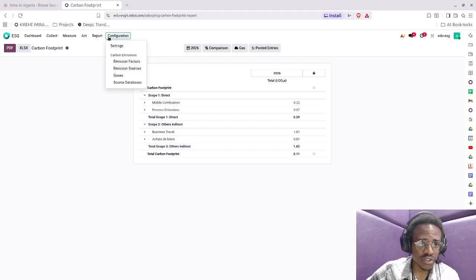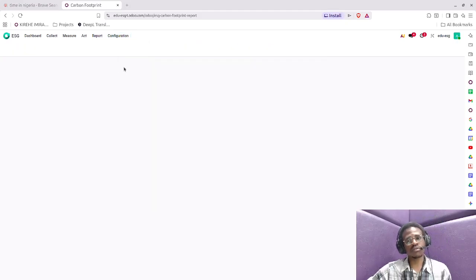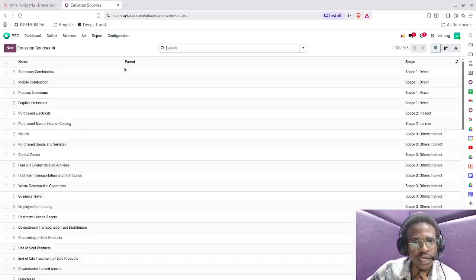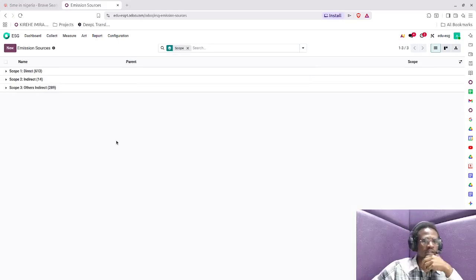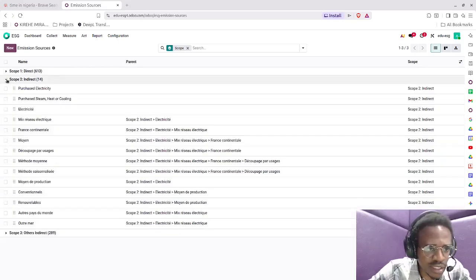So in my ESG app, I'm going to go to emission sources. And in sources, I can always filter by scope. I want to categorize them. So I can see that there are 613 for Scope 1, Scope 2 14, Scope 3 289. So in Scope 2, I can see there's purchased electricity, purchased steam, heat or cooling, électricité, mix réseau électrique,